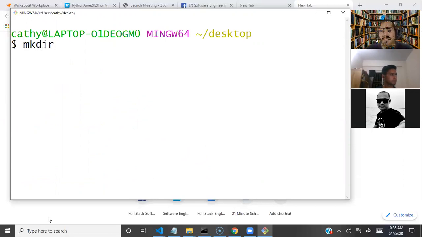Folder is directory. Directory is the synonym of folder. So mkdir means make directory. mk means make, dir means directory, and directory means folder. So I'm creating a folder. I can say the folder's name is